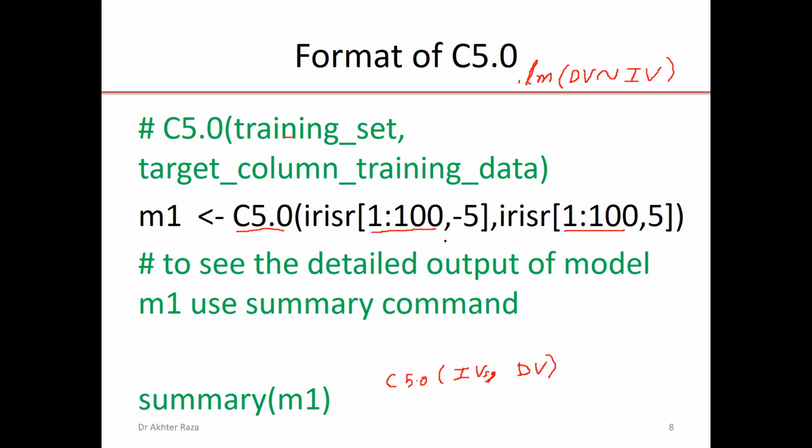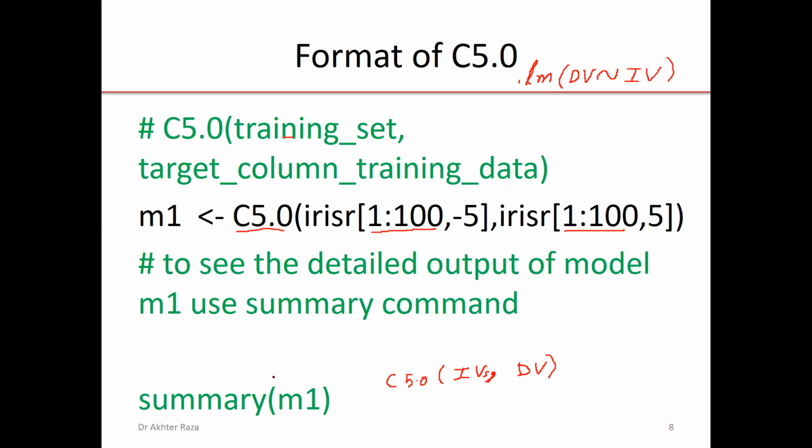So setosa and versicolor will be used, and the third category will not be used to build the model. Your model will not be accurate in that case, because it will classify only two groups, not the third one. So iris_r is mixed data in which we have a mixed order of species. Therefore, all three categories are appropriately modeled.